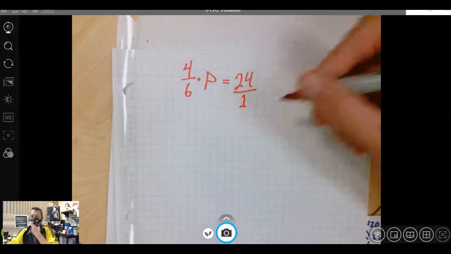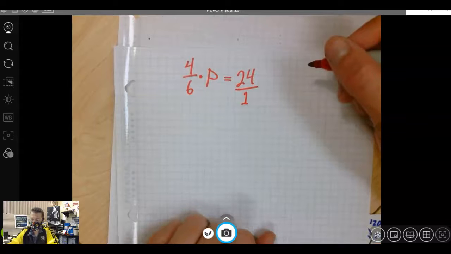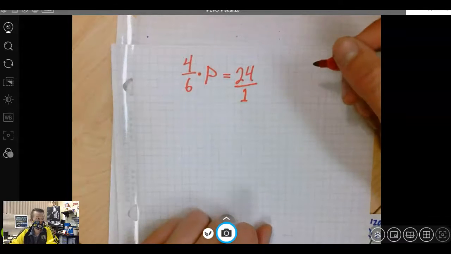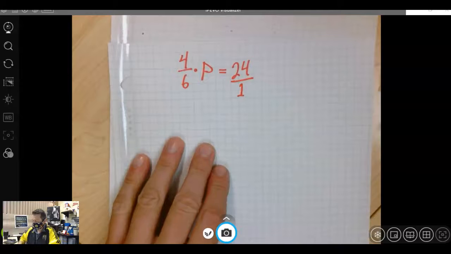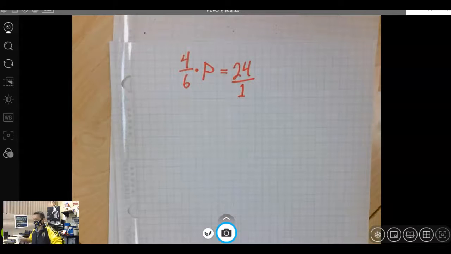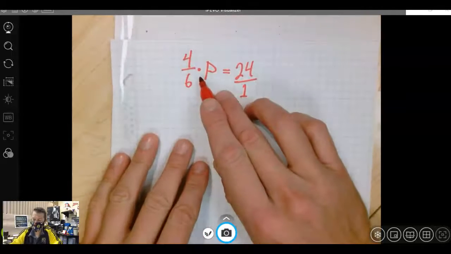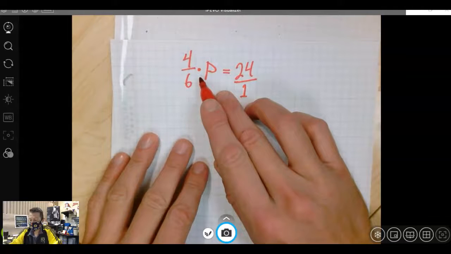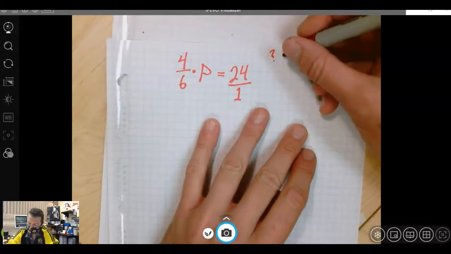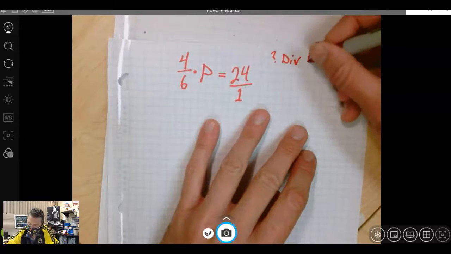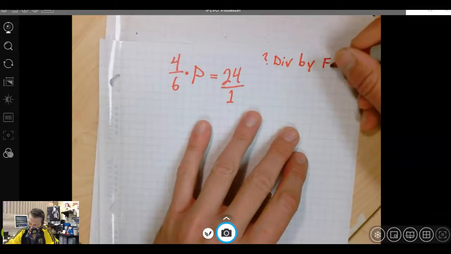Guys, this is exactly like a problem that you're seeing in Khan Academy. It's exactly like what you're going to be asked to do on the Mastery. So, in our brain, what we might be thinking is, I see multiplication, I want to divide. But when I think, you don't have to write this down, when I think divide by fraction,